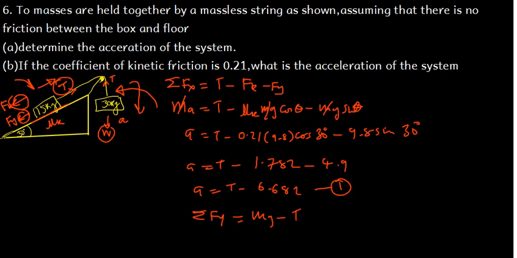The force making it go downwards is the weight, and the tension is reducing motion, that's why we are subtracting. So mass times the acceleration is equal to mg minus tension. The mass is 30, so 30 times the acceleration is equal to 30 times 9.8